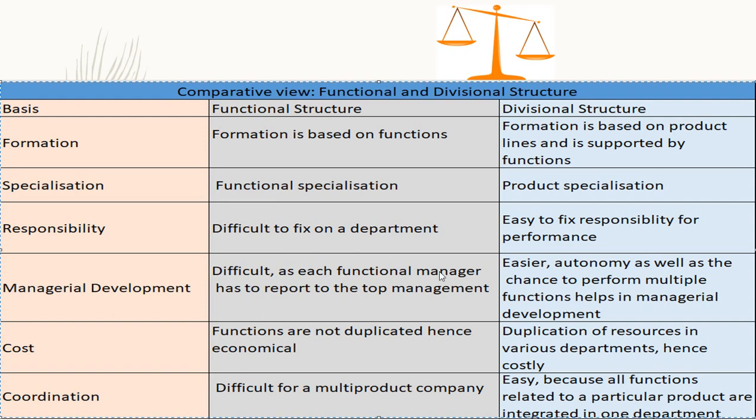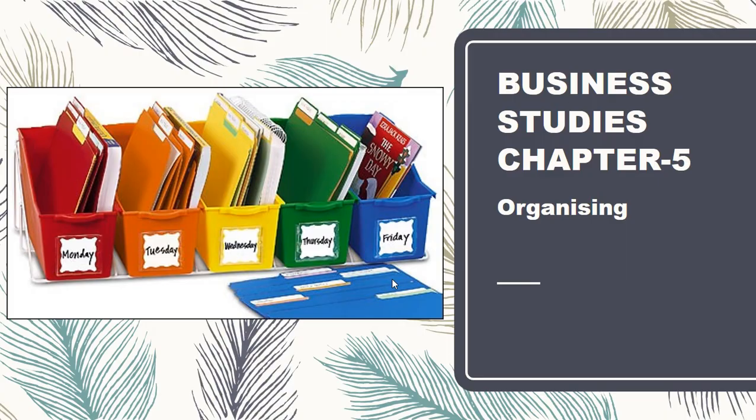In the last 70 discussions, we have covered chapter number 1, that is nature and significance of management, chapter number 2, that is principles of management, chapter number 3, that is business environment, and chapter number 4, that is planning of NCERT. Now, in this discussion, I'll be continuing with chapter number 5 of NCERT, that is organizing, in which